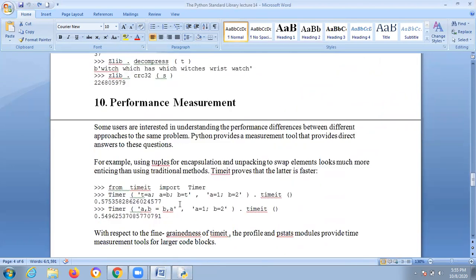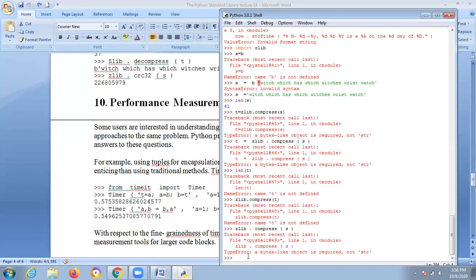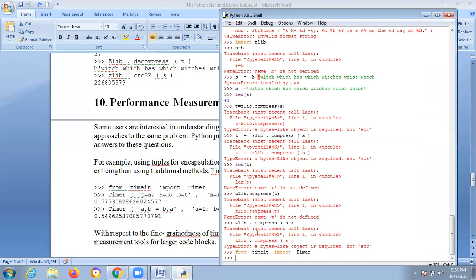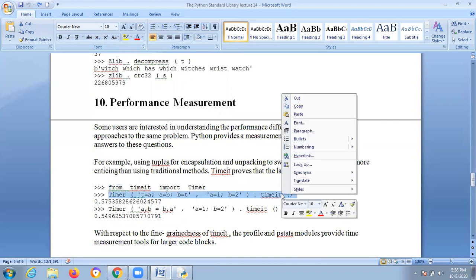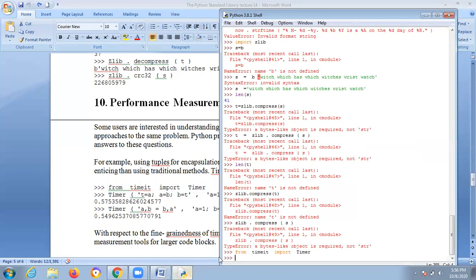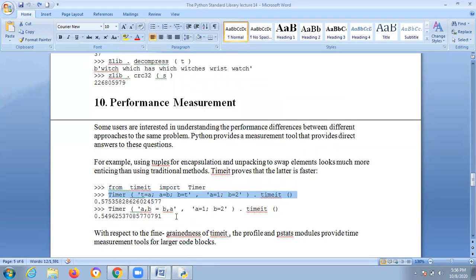Performance measurement: here some timers are there to provide the performance. Whatever works here, just try. If at all, we'll see once again. But this is the concept of the standard library. If the library supports everything, then the entire thing will be displayed properly. Okay, this is working fine. You can consider this example. Whatever errors you get, don't worry. Sometimes some operating systems will support it, some may not. Anyway, that's a different aspect, but you need to know the syntax and concept. That's it.